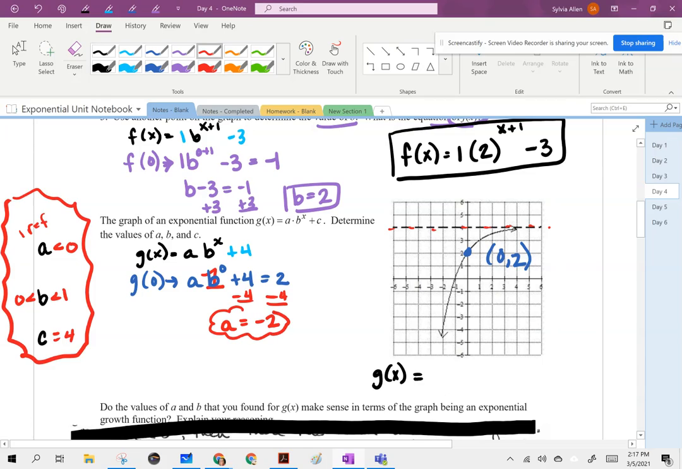Now, check it. Does that make sense? Well, I already knew that my a was going to be less than 0 or negative, so I'm happy. I'm kind of checking this as I go. So I'm going to write down my equation over here. The next thing I want to find is my b value. I already know